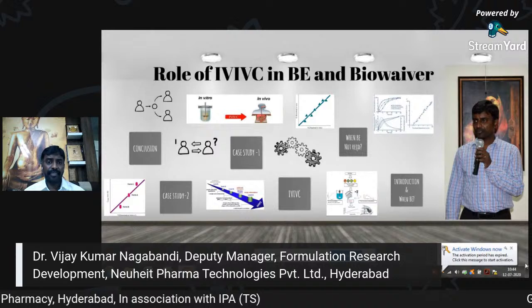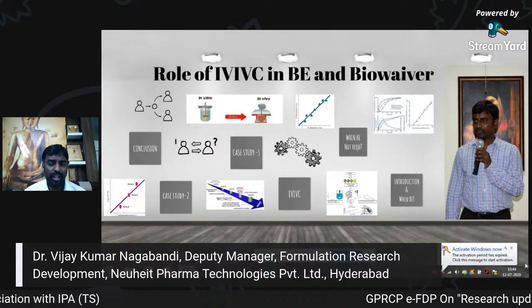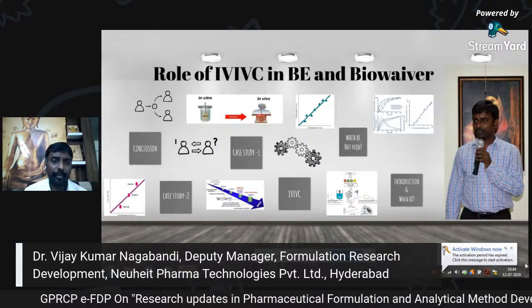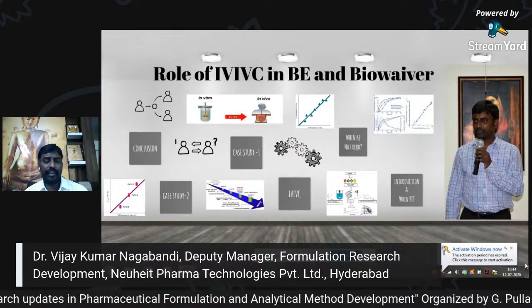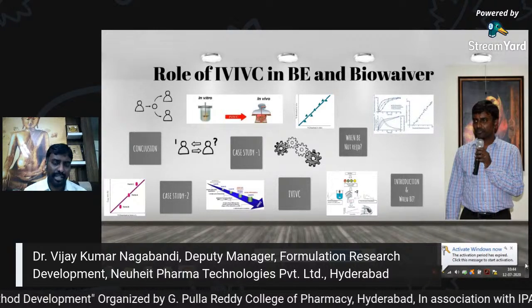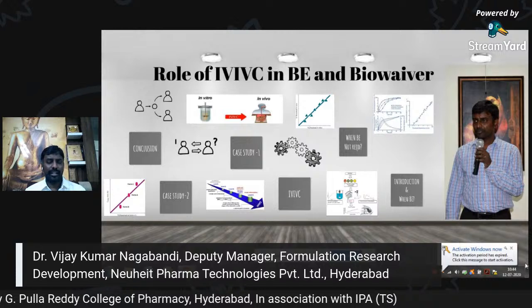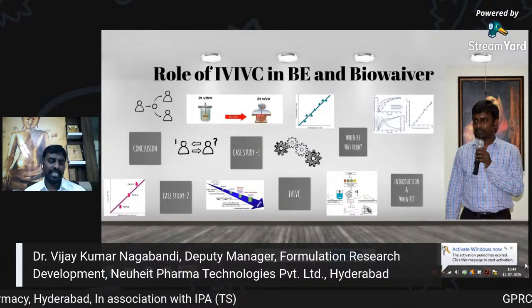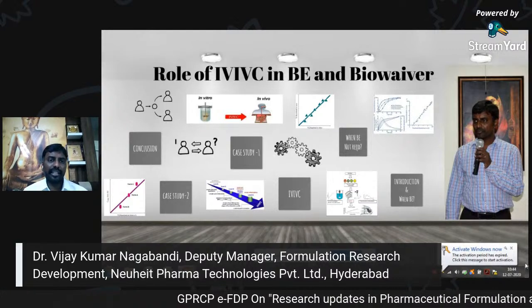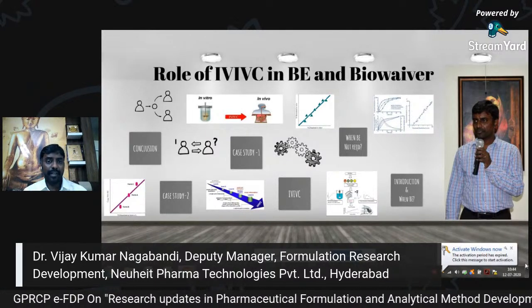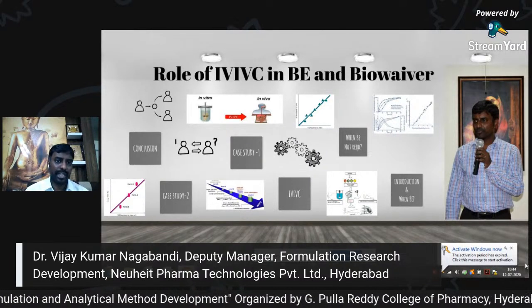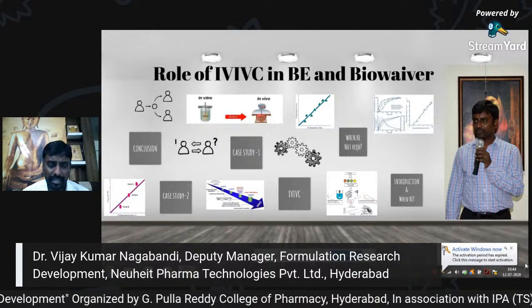That is the reason why, if we have a biorelevant tool which connects in vitro dissolution or other in vitro testing parameters with in vivo parameters, building the correlation between in vitro and in vivo, then using that tool we can predict the bioequivalence before conducting the study. We can decide whether to go ahead with that formulation or whether changes are required, by conducting the in vitro in vivo correlation, so that the number of bioequivalence studies can be reduced and ultimately the cost of the formulation can be reduced further. That is the major objective of today's presentation.